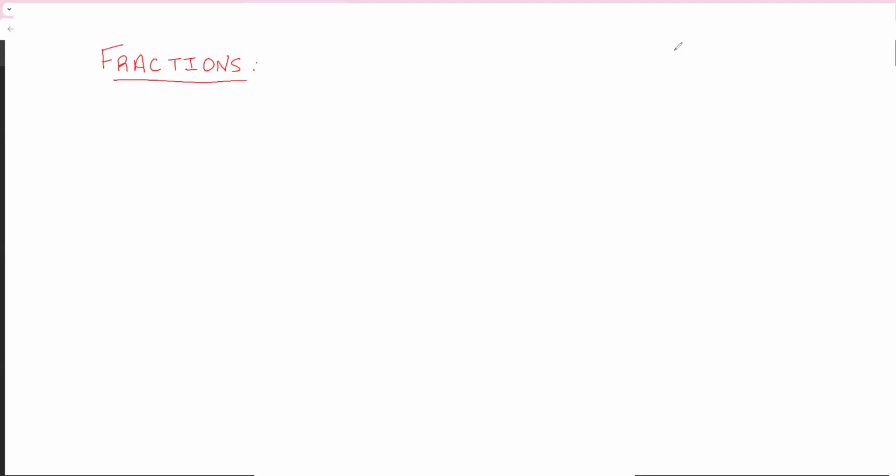So there are certain things that we need to make sure we understand: what is a fraction? Now, fractions are basically a part of a whole, right? So for example, let's say we have a chocolate bar and it's equally broken up into